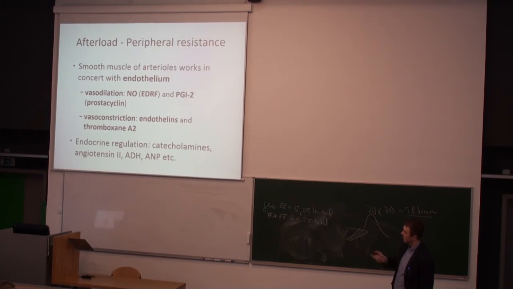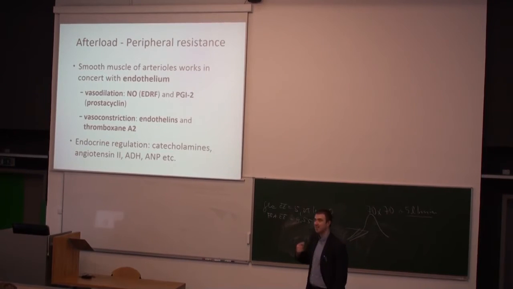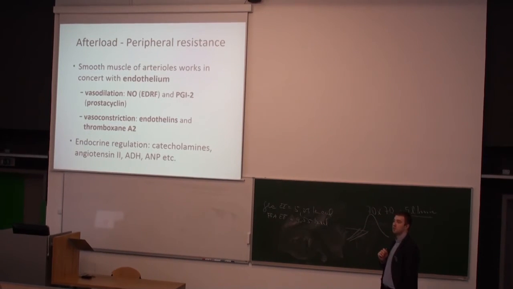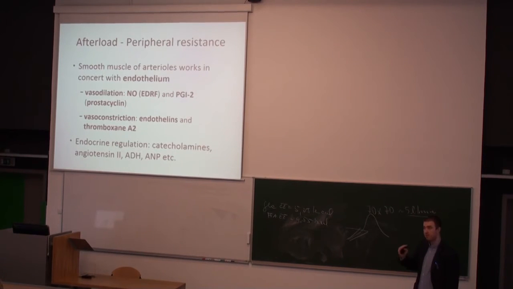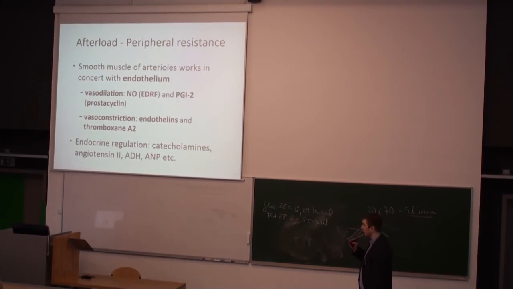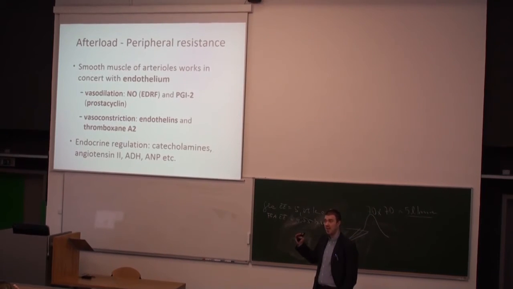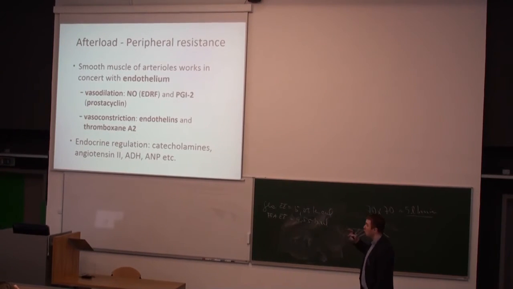For each of them, you should know what their chemical property is and how they are produced. So vasodilation. NO means nitric oxide. You know that the second name of it is endothelium-derived relaxing factor, but it's still the same compound, and it's a simple radical derived from arginine. And it's a very, very potent vasodilator, working in a very similar pattern as natriuretic peptides, only the guanylate cyclase for it is located inside the cells. So we call it soluble guanylate cyclase, and the mechanism of its action is absolutely the same as for the natriuretic peptides.